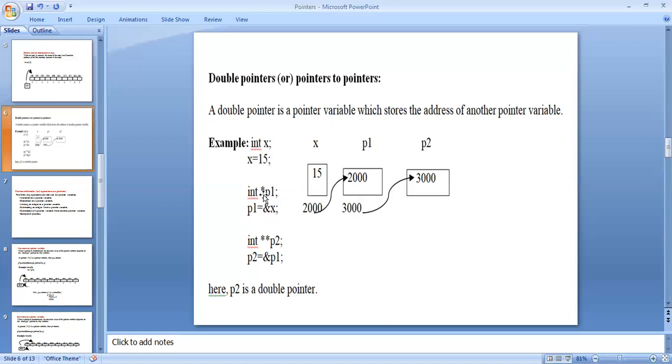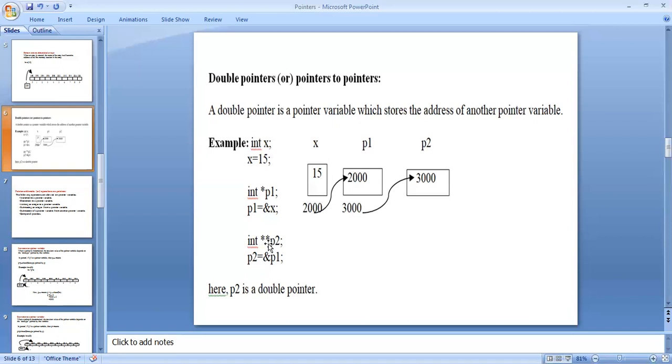I'm not assigning any variable directly to the pointers; pointers hold memory addresses. That's why p1 equal to &x. Ampersand x means it defines the address of the variable. That's why p1 equal to 2000.